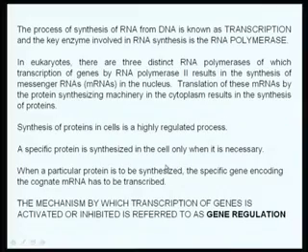So, for a very basic definition of what we are going to study today, the mechanism by which transcription of genes is activated or inhibited is referred to as gene regulation. This is the primary objective of this entire course: trying to understand how this gene regulation is brought about, and how this RNA polymerase is selectively able to activate the expression of certain genes and inhibit the expression of other genes. That is going to be the crux of this particular course.